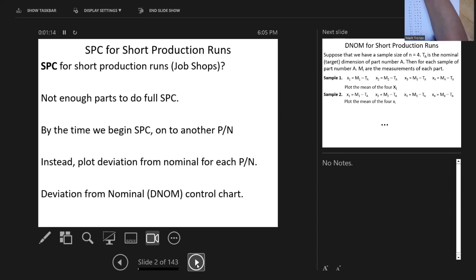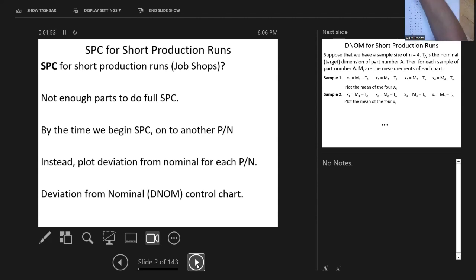And so again, there's not enough data to do a full control chart. No statistical process control. By the time you begin some kind of analysis, you're on to another part. And so instead, what they recommend is you plot the deviation from, say, a nominal size for every part. And this is called, you see at the bottom of your slide 2, deviation from nominal, or DNOM